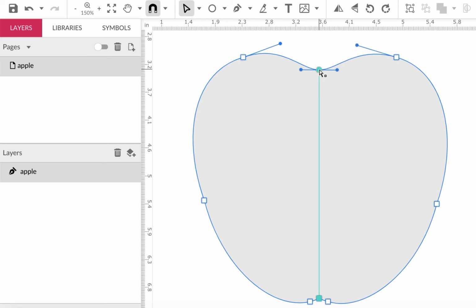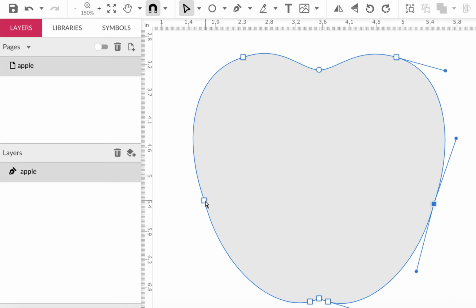We have a little kind of smoothness here, so it's a nicer looking apple. We have more flexibility as far as what we want to do, bringing these things in and stuff like that. So anyway, we got to be careful. You don't want to make it too strawberry looking, but I think that looks pretty good once we get some